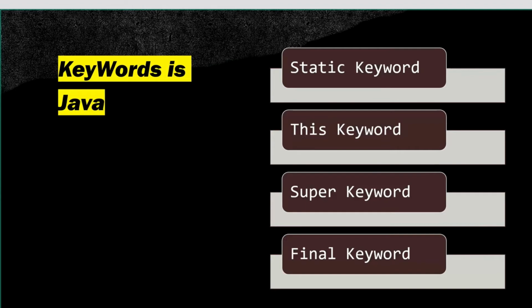Let's take a simple example. Here we are in Tech Buddy. Our names are different, we belong to different states or different cities, but one thing is common: we belong to Tech. So if we make the variable institute name simple, without static, it will assign memory again and again. If in Tech Buddy there are 100 students, it will assign memory 100 times.